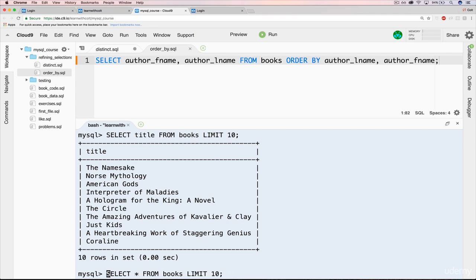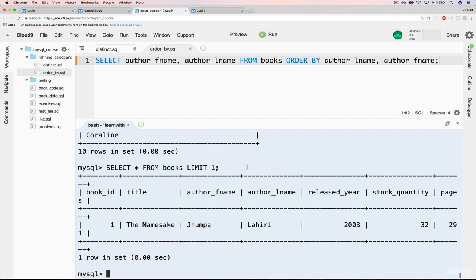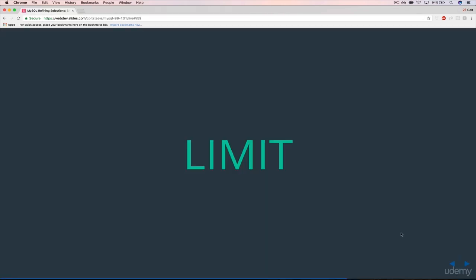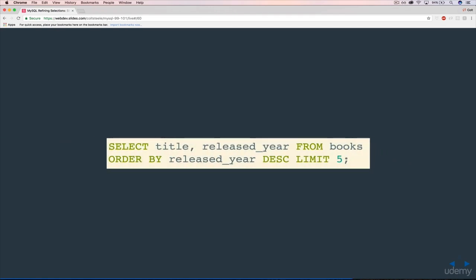If I only want, let's say I want everything about the first book. There we go. I get the namesake, and there's everything about it. But more often than not, we're using it with order by. So here's an example. If I want the 5 most recently released books, and I only want